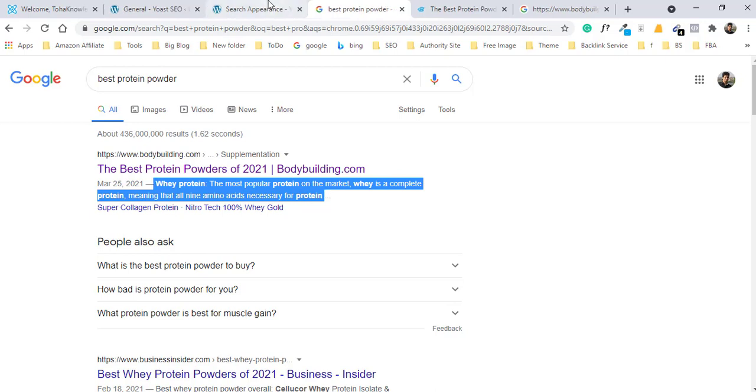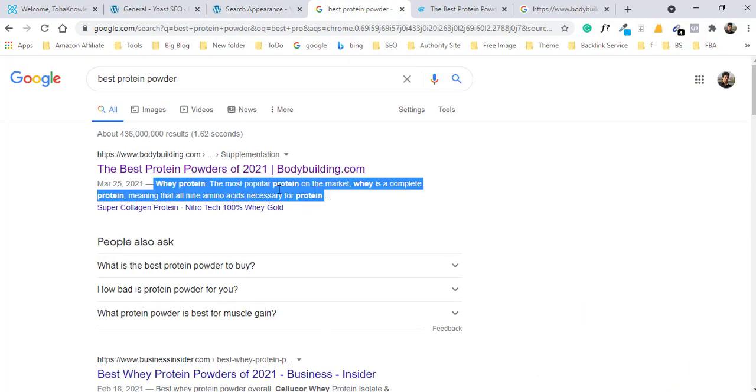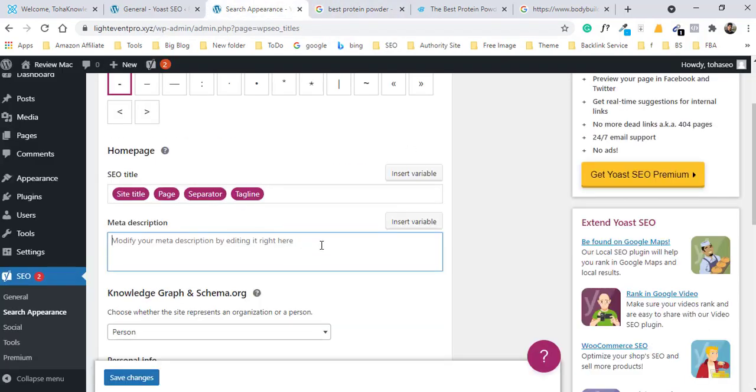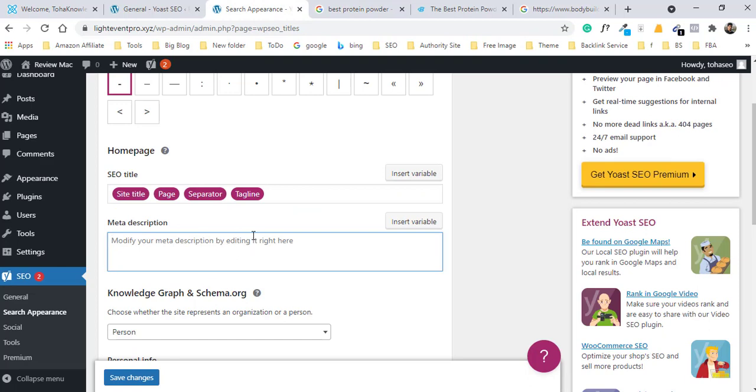So you can write meta description here, then Google can pick the text from there and display it in search results. Google can also pick text from anywhere in your post or page, but if you type something, it will help Google know that I use this meta description.